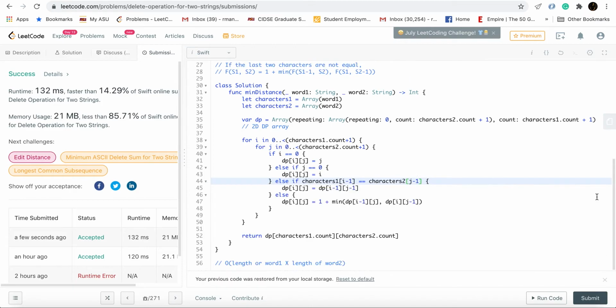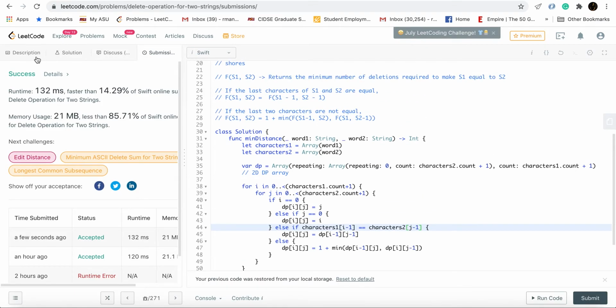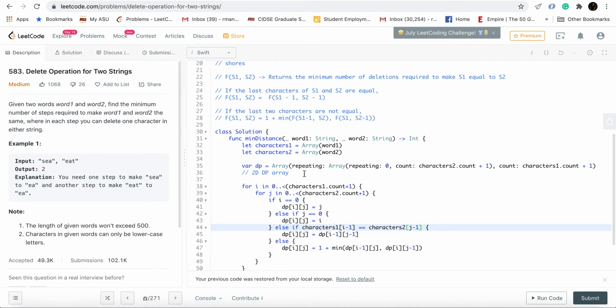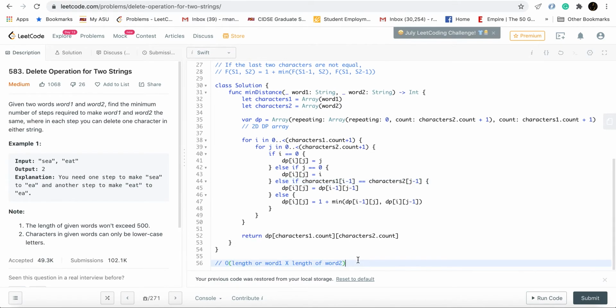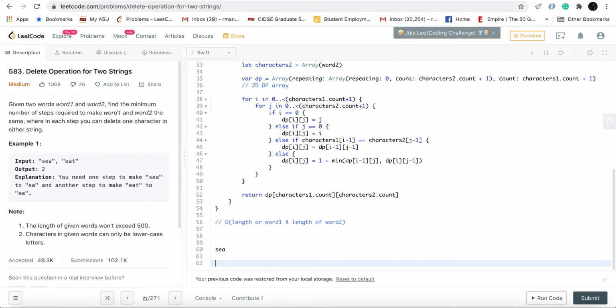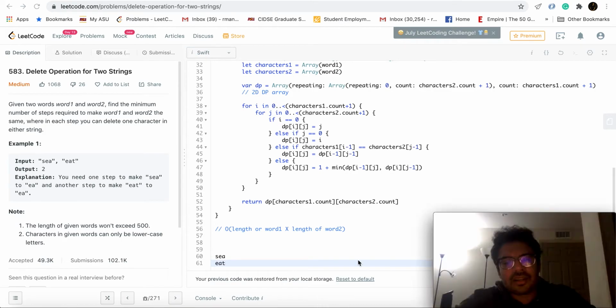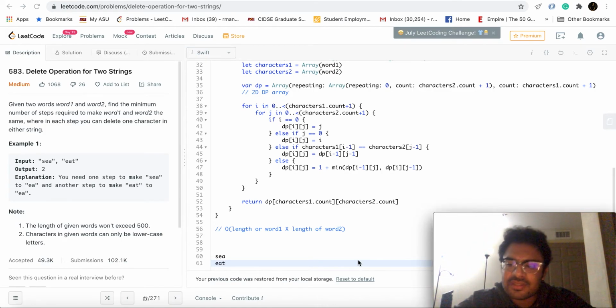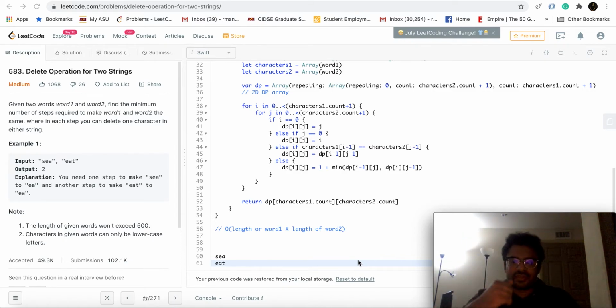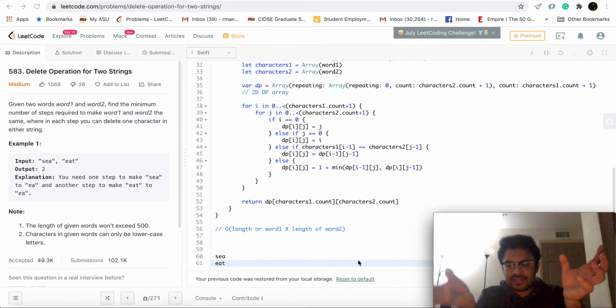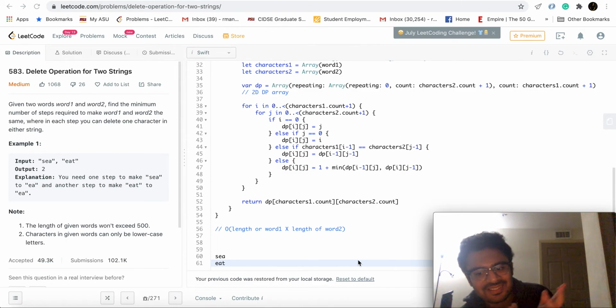So if you think about it, you're given, say, see and eat. Now if you find the longest common subsequence and remove it from both the strings, the strings that are left with you are the minimum number of deletions that you'll have to make, right?